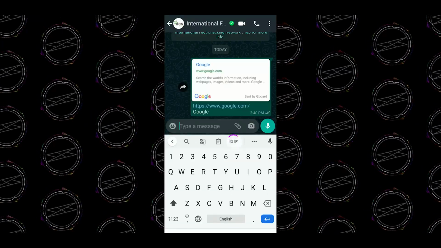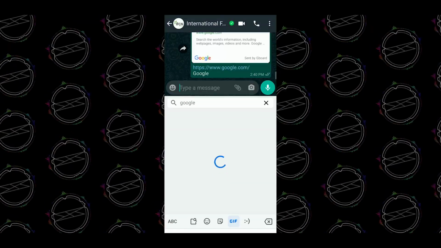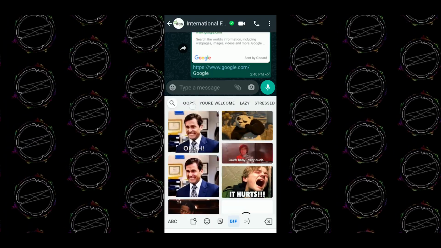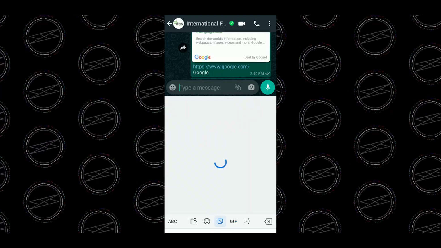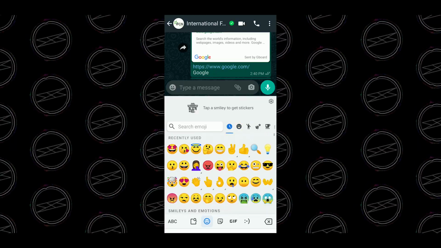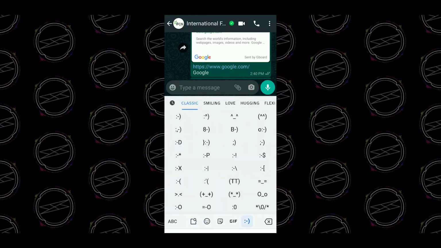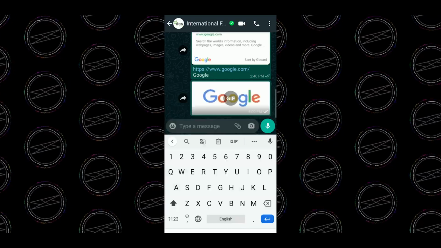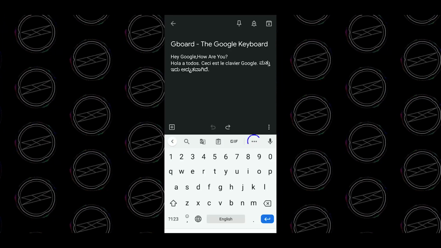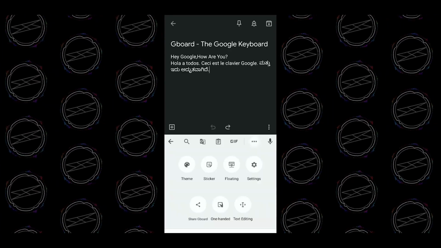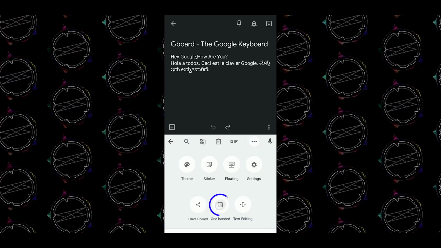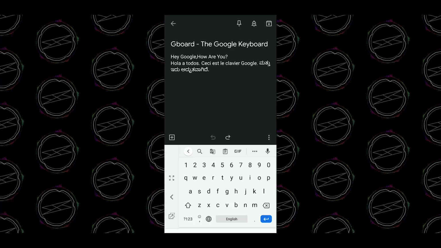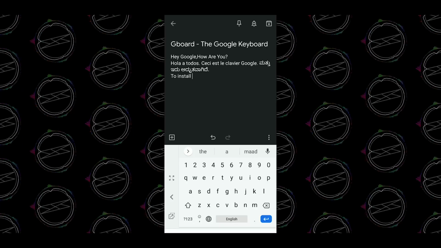Next, the GIF. You can search the GIF if you want, or there are already many categories you can select in any one of them. If you open the GIF section, you will find the emoji and the sticker section. There is also a direct shortcut for that. Now, if you hit the 3-dot menu, you will find more shortcuts. There is one-handed mode. In this, you can make your keyboard small to the right hand side or the left hand side to use it in one hand, as the name suggests, one hand mode.